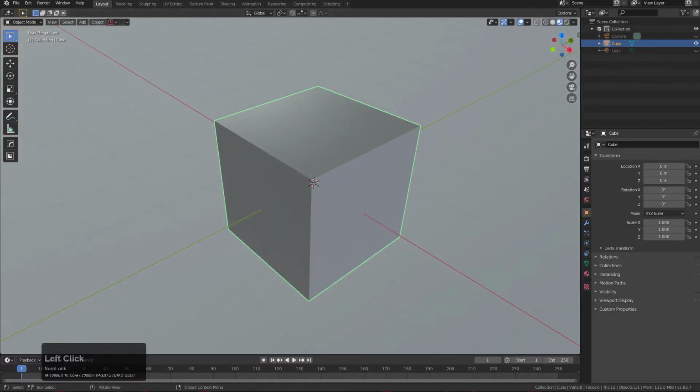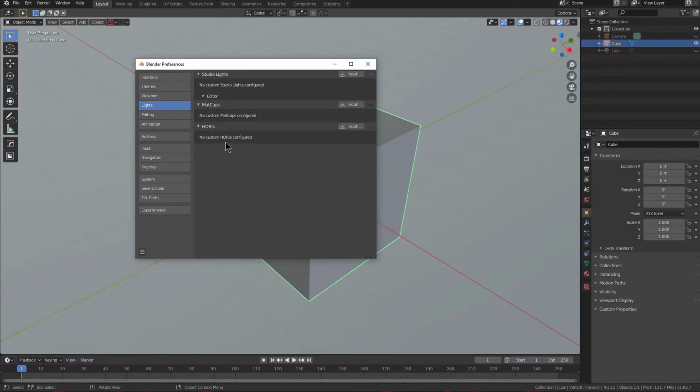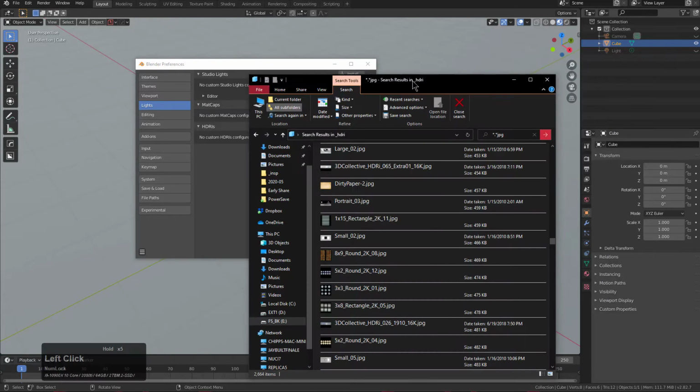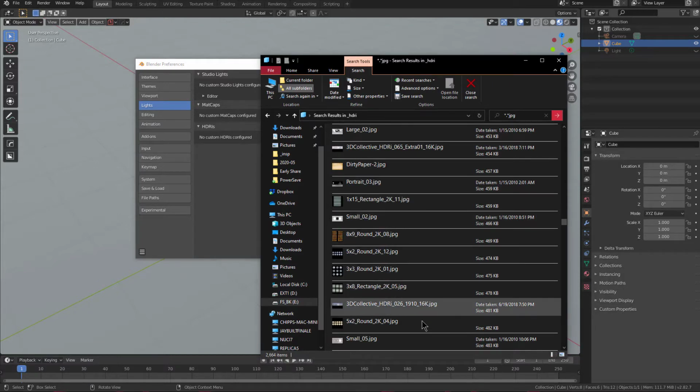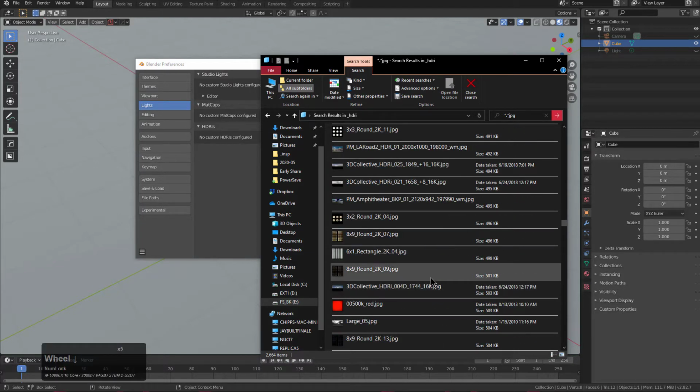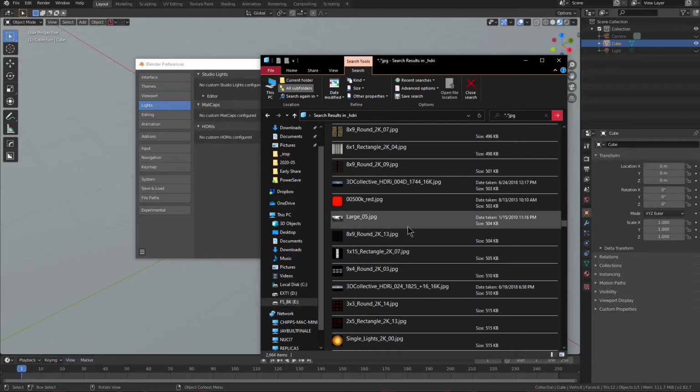This has been expanded multifold in the later versions. However, before we continue, I just want to make sure that what I'm about to discuss is basically custom HDRI support. So instead of just loading all my favorite HDRs inside of Blender, I went through and searched for what's called the ENVs, which are these low-res JPEGs of the environments that I've collected over the years. And I grabbed all the smallest ones that were environments and just put them in a folder and used those,